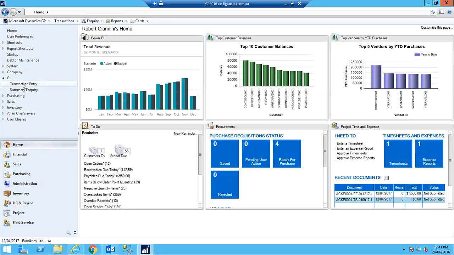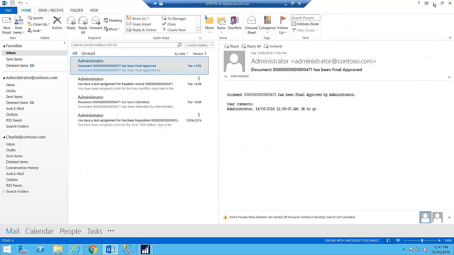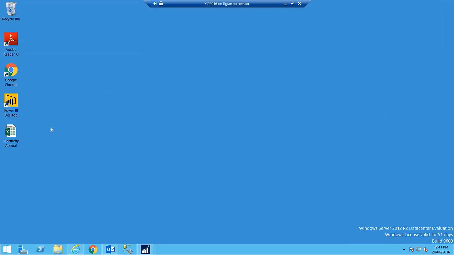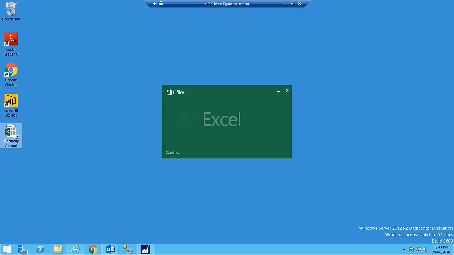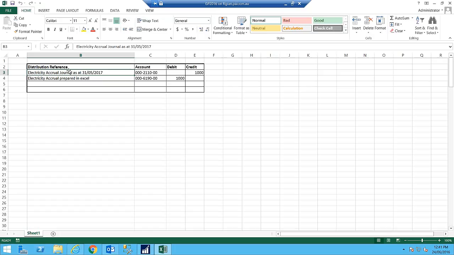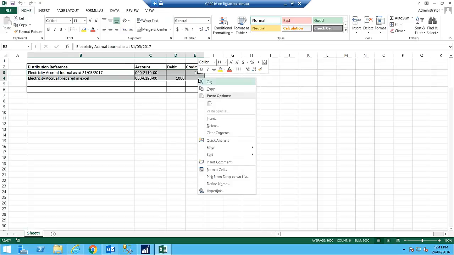For the people who weren't aware, there was a feature added for the ability to copy and paste from Excel into a journal. So let's say, for example, I have a journal which I prepare in Excel. I'm just going to go back to my desktop here. I'm going to open up my Excel spreadsheet here called electricity accrual, and you'll see I have, for argument's sake, a couple of lines which I've prepared in Excel that I now want to transpose into a journal within Dynamics GP. I can just quite simply select the selection,